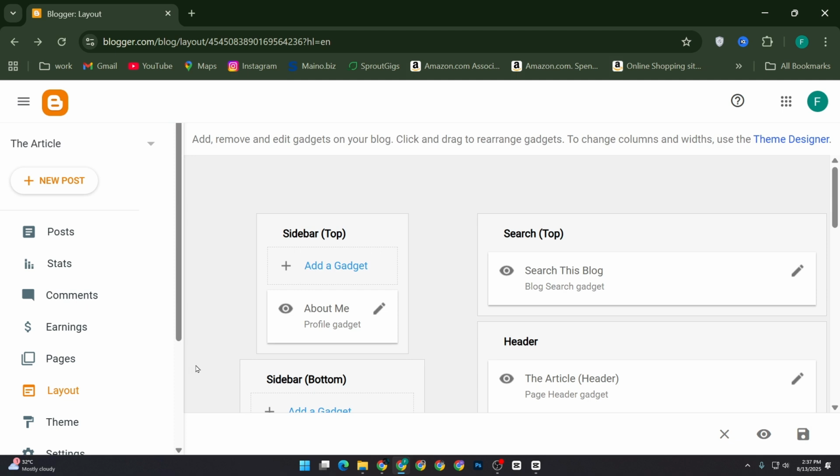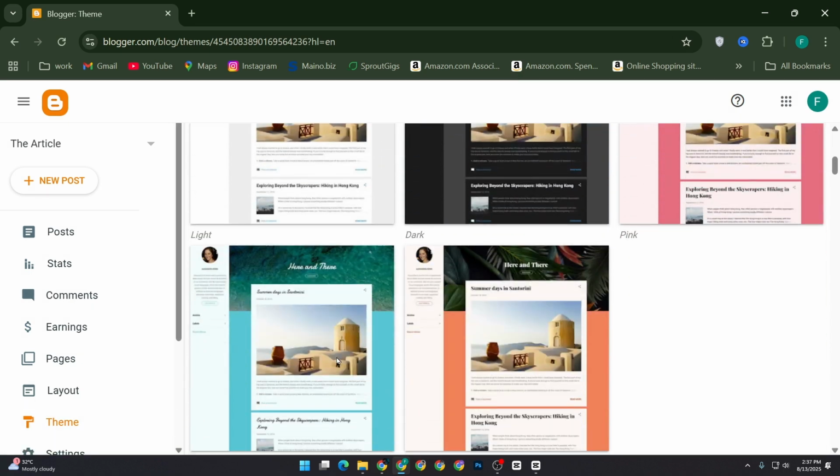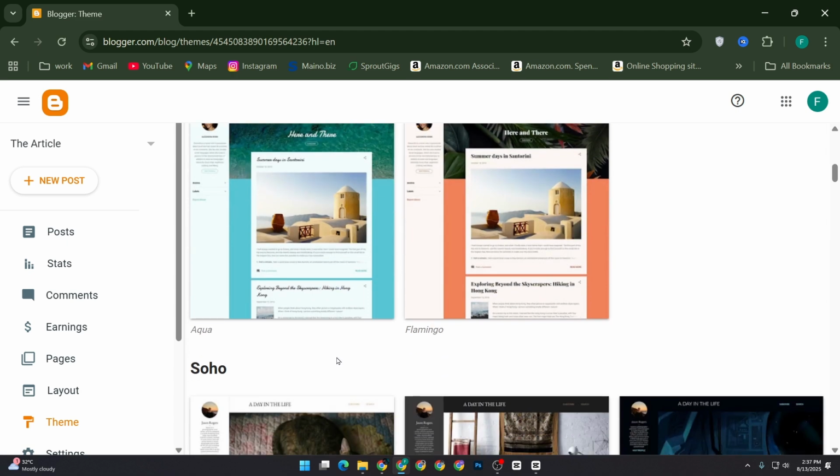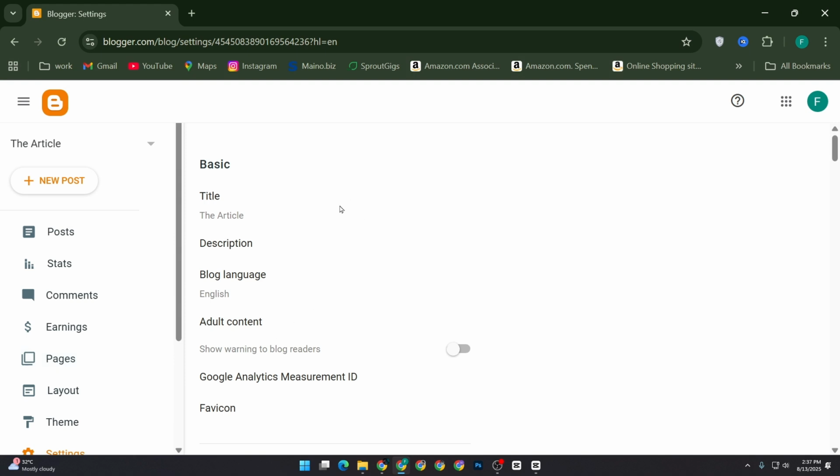For design tweaks, go to the theme section. Stick to simple fonts and clean color schemes for readability. Under settings, you can update your blog's title and the description language. Make sure your blog is visible to search engines so people can actually find it. If you would like to use a custom domain instead of your default blogspot.com address, you can connect one you have purchased from a domain